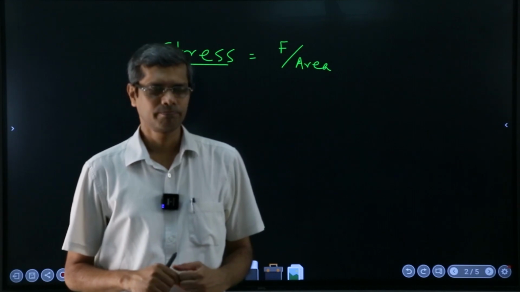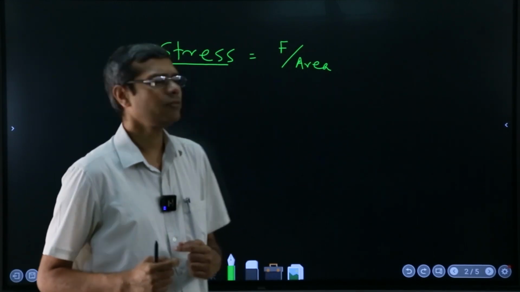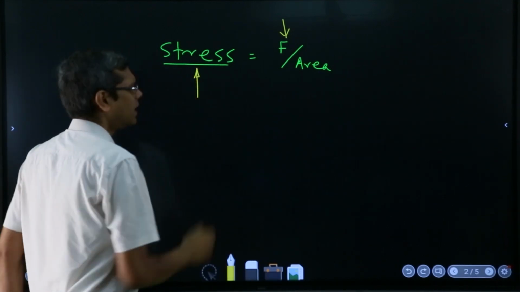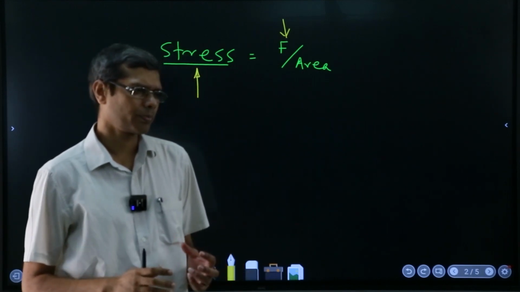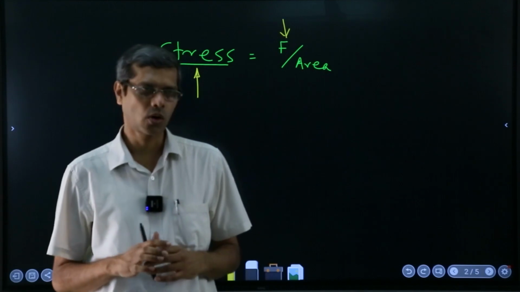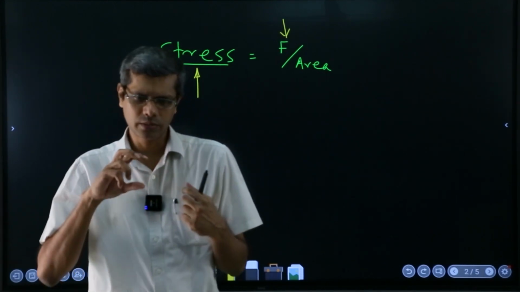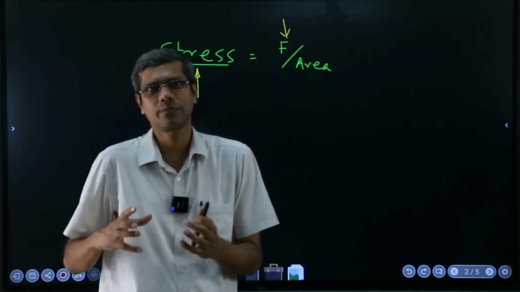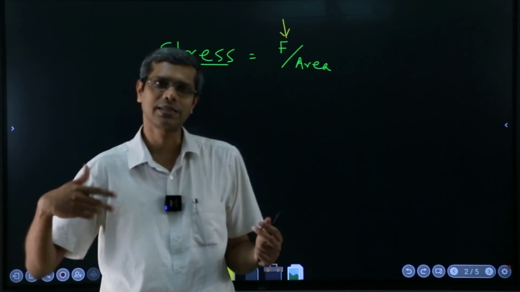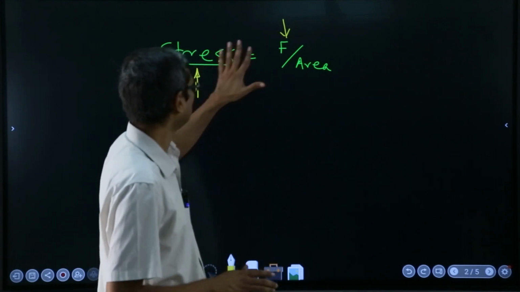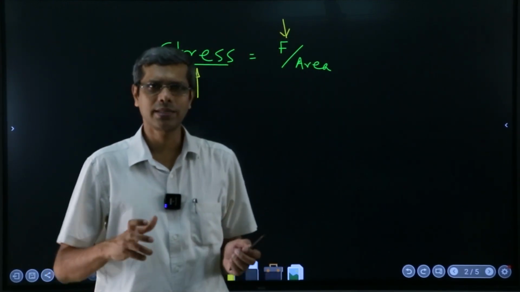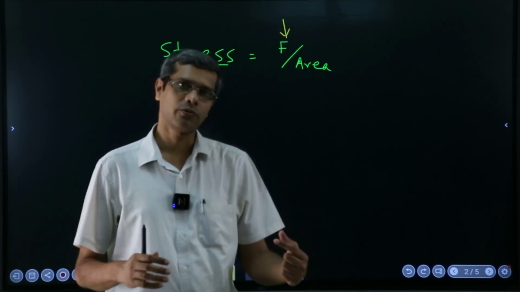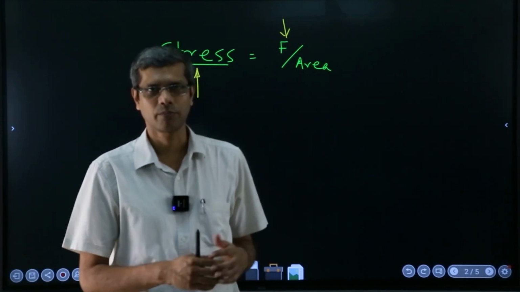The point is, any material does not fail because of this, it fails because of this. Why material? For that matter, anything. The absolute value of the load or the deforming agent's strength, which is the force basically. I am telling this because that force could be any type of thing. For example, twisting is a different kind of effect. So whatever it is, the deforming agent's strength is not the only thing which decides whether the material on which it is applying its strength will sustain it or fail. It depends on